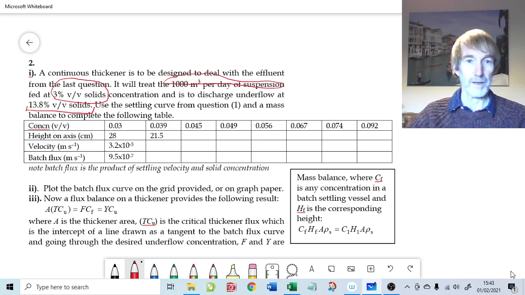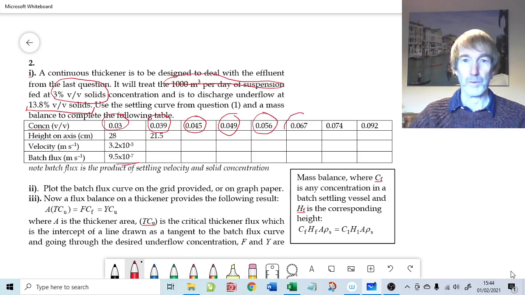Just to recap some important details though, the 0.03 volume per volume is what was used for the batch sedimentation vessel. What we're going to try and do is to work out the settling velocity, and therefore the batch flux, at these other concentrations. If we call that 3%, this is 3.9%, that's 4.5%, 4.9%,